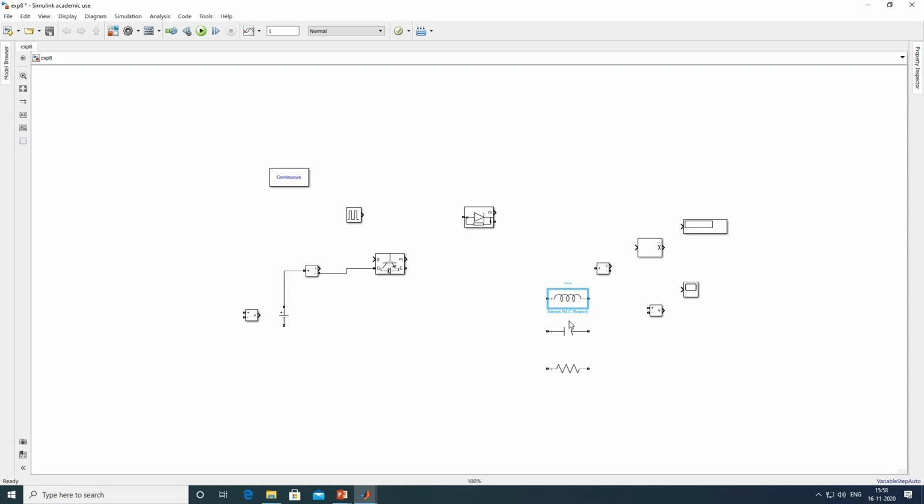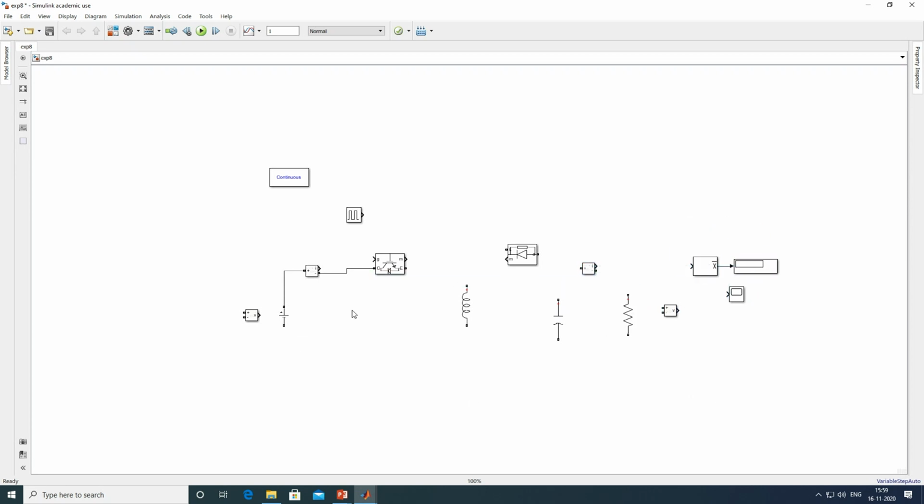Now rotate this inductor, controller. Rotate the diode. Rotate the capacitor, rotate the resistor. Now from IGBT emitter to inductor one terminal, inductor other terminal to diode cathode terminal,